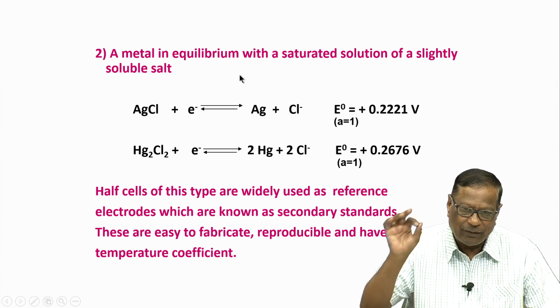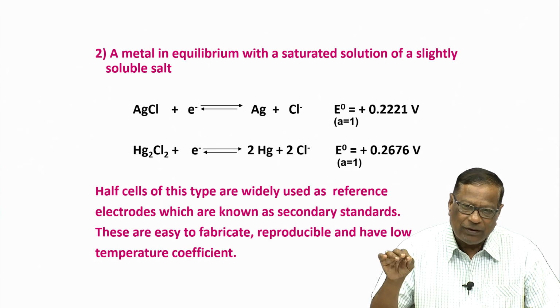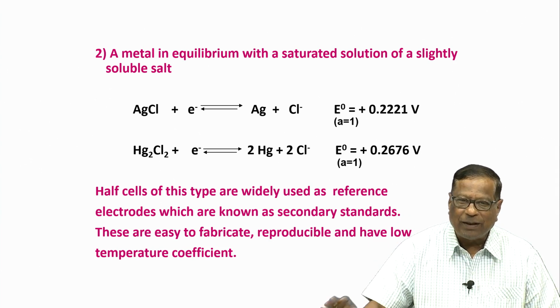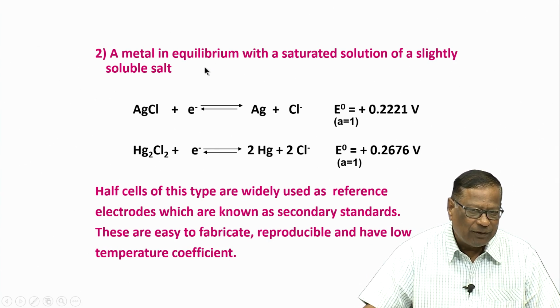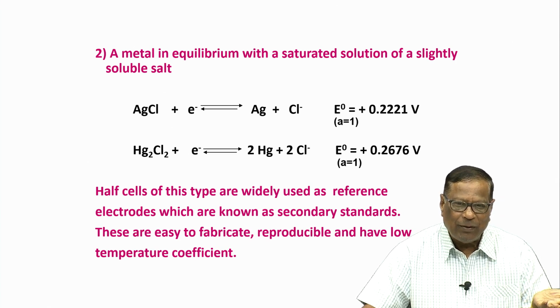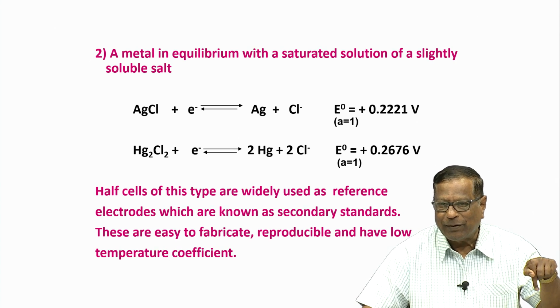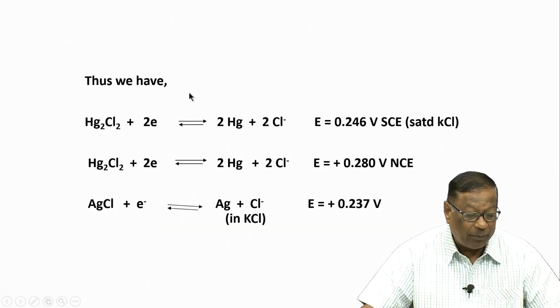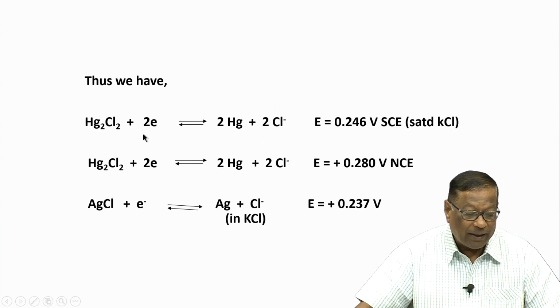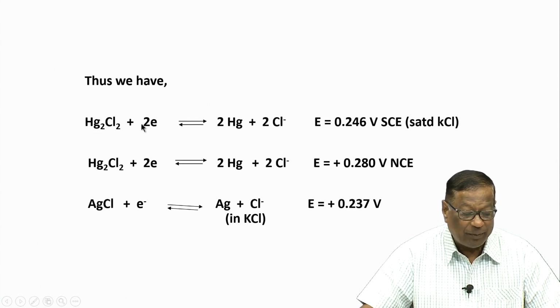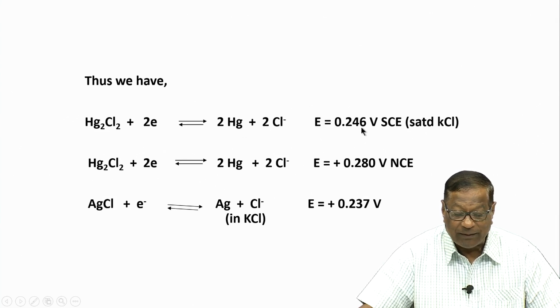First kind is an electrode with its own solution, but that salt is soluble in large quantities, that is number 1. Number 2, a metal ion with a sparingly soluble salt with precipitate below and the metal electrode. Third one is we can prepare this half cell. No, before I go to the third one, we can have two types of reactions with respect to Hg2Cl2, that is I can write something like this: Hg2Cl2 plus 2 electrons goes to 2 Hg plus 2 Cl minus, that goes to